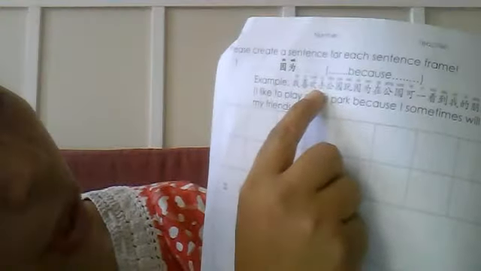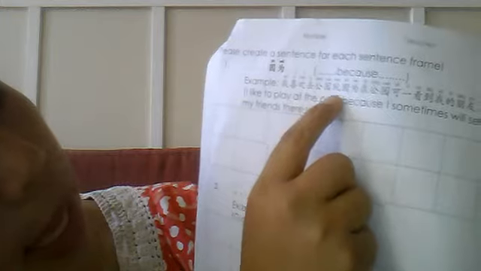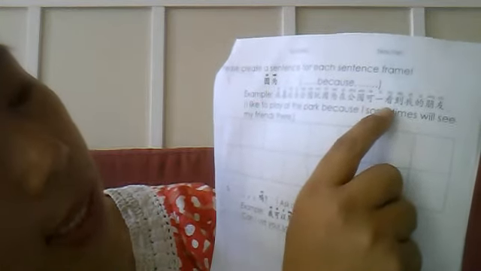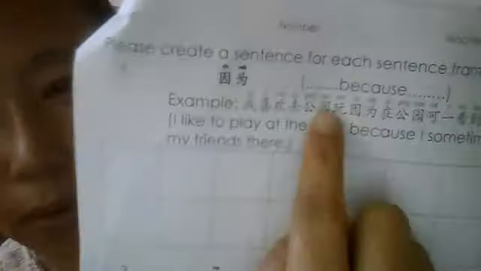I like go park play because at park can see my friends. And 可以, just to let you know, is the wrong 以. It actually should be the same 以 as down here. And I already told the teacher and they'll fix it for next year, but in case your kids get confused, there's a reason why, because it's the wrong character. And I do that occasionally as well.